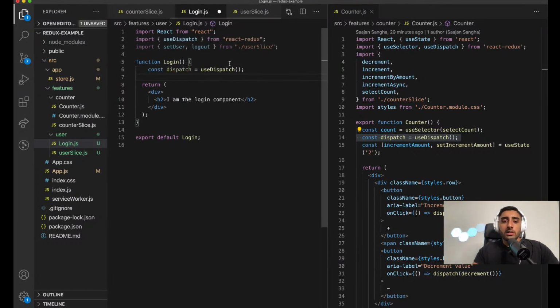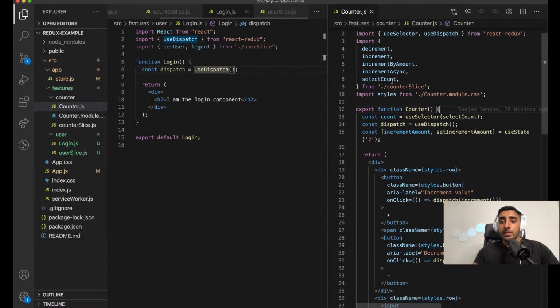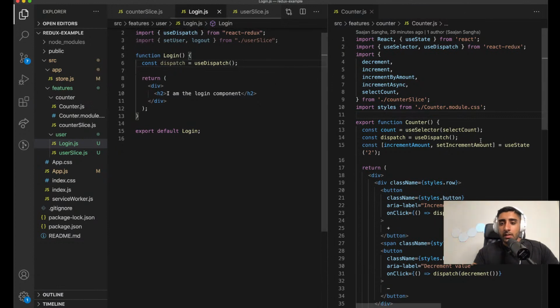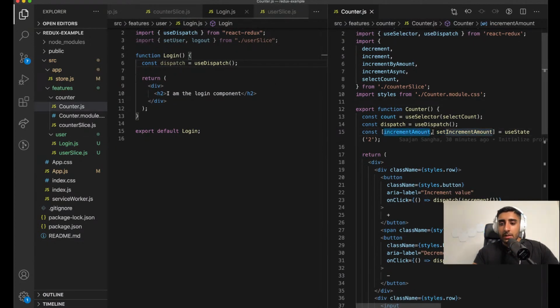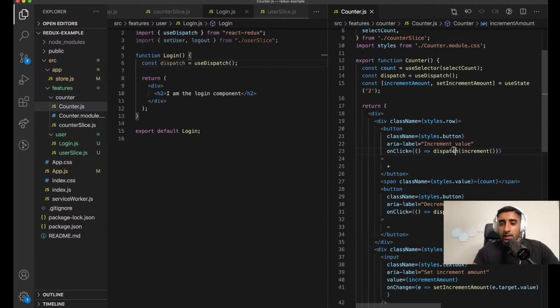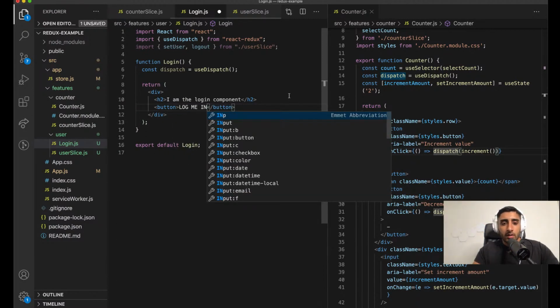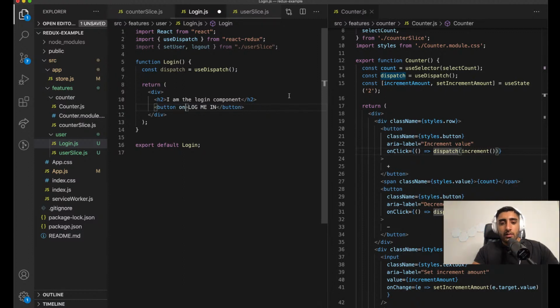I can go here and write const dispatch equals useDispatch. Remember, I'm literally looking at how they've used it here and pretty much reusing it. Then here, we don't need the increment amount and so on. And now I guess all we can do is go ahead and try it out. Let's have a button which says log me in. Okay, and on click